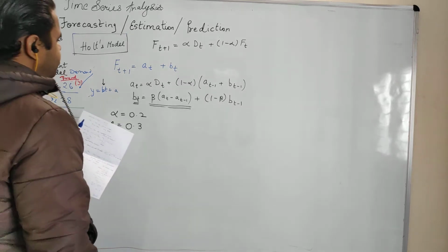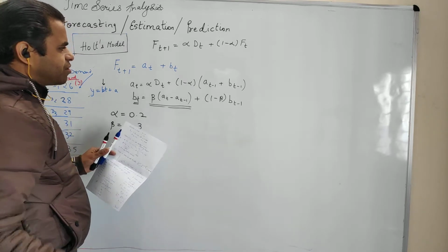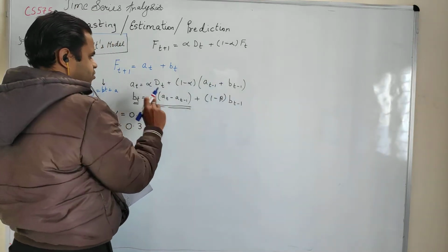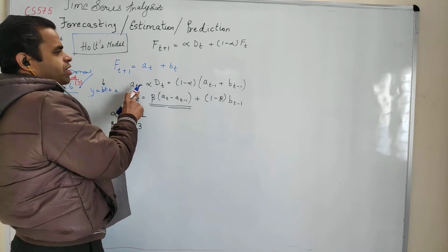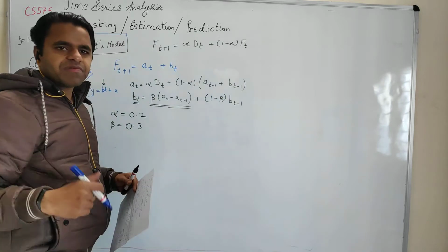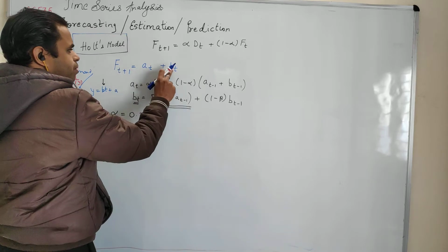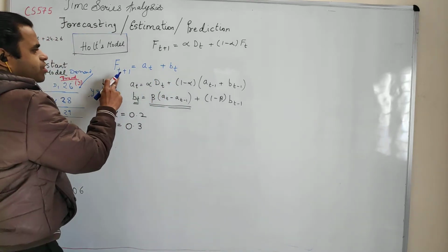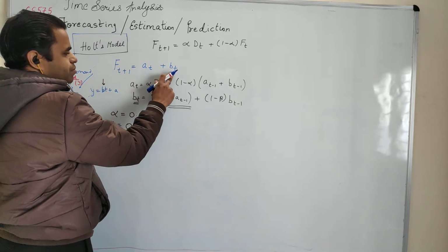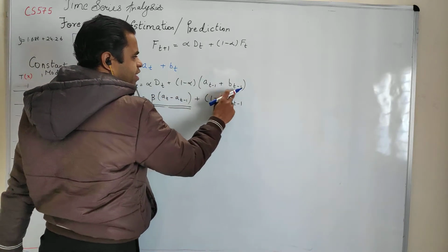Okay class, in this example again continuing, we need some initial values here. By initial values I mean, for example, the value of a1, because I just explained: if you put t equal to 1 here, it will become a0 and b0, which is not what we require, right? Because the initial forecasting is a1 plus b1. So when I put t equal to 1, f of 2 is a1 plus b1, but it becomes a of 0 and b of 0.